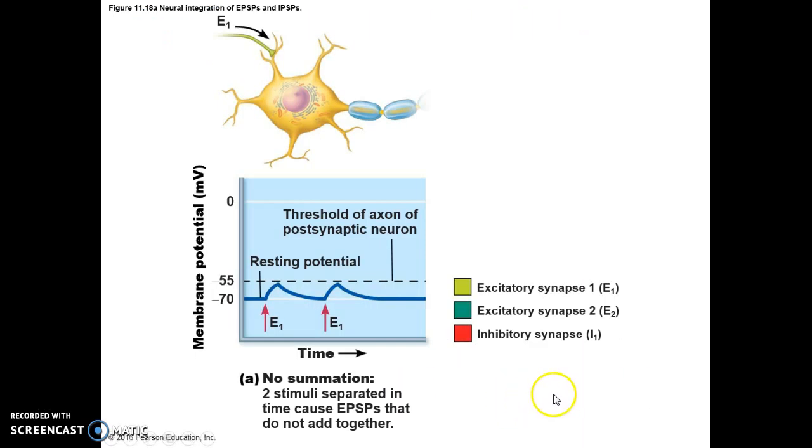Here, what we can see is that there's no summation in this case. E1, the stimulus, didn't reach threshold, and the membrane reestablishes. No action potential occurred. So by the time it reached the resting membrane potential, we gave the same stimulus again, boom, the amplitude of the depolarization is going to be exactly the same. However,